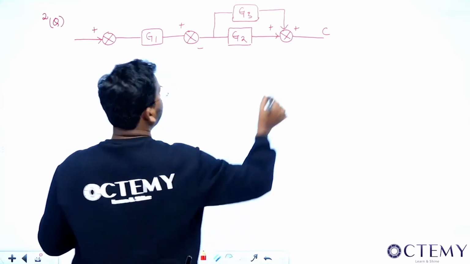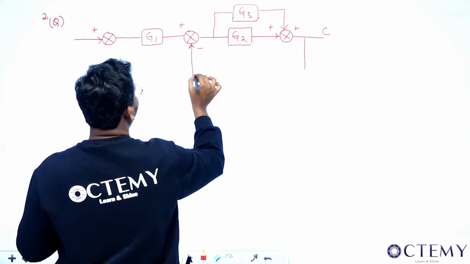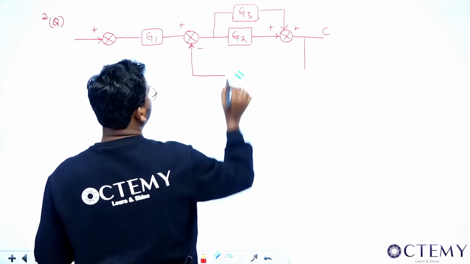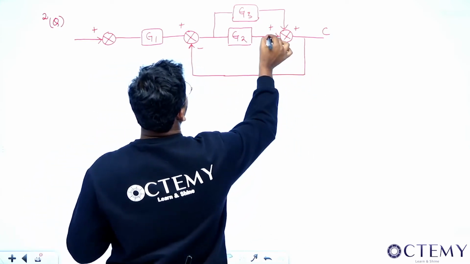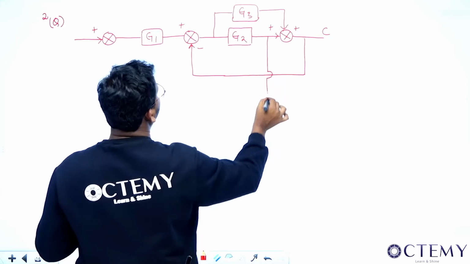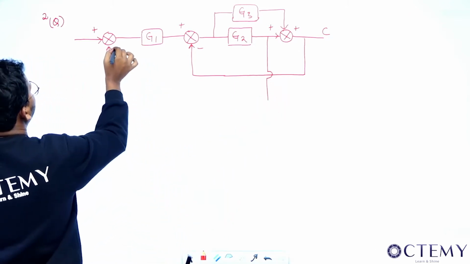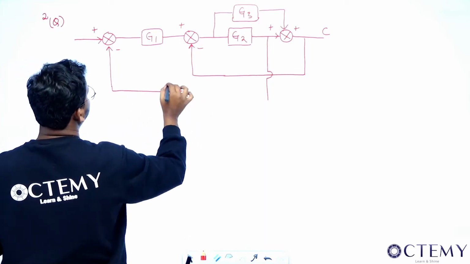But the problem is that the loop is closed here. The loop is closed with negative feedback as unity feedback, sir. Very good. If it is unity feedback, much better, right? And here it is taking a loop and mixing here with again a negative feedback, and it is mixed with H1.